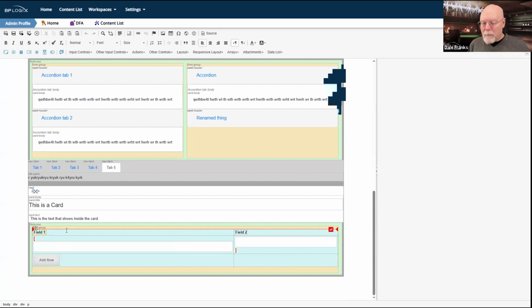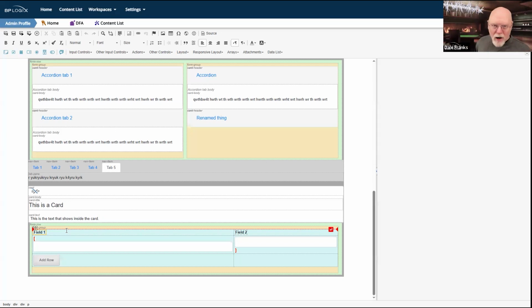That generally implies that I have to have a table, and I have to have a start array control as the very first control in the first row and first column of my table. And then I need to have an end array control as the very last control in the very last column of the last row of the array.